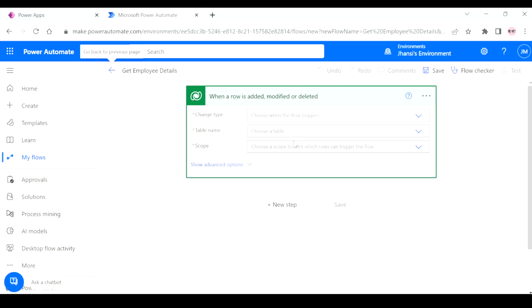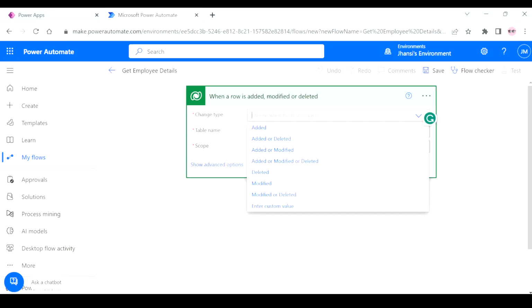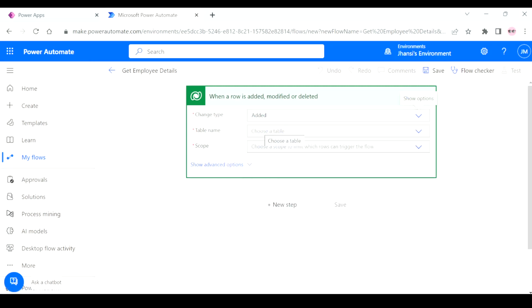Now it redirected to the editor, and the change type. In Dataverse, we do have this kind of trigger options. For example, if a record is added, or added or deleted, or added or modified, or deleted. All these trigger options we can choose based on our requirement. Now I am choosing the option Added, and the table name is Employee,